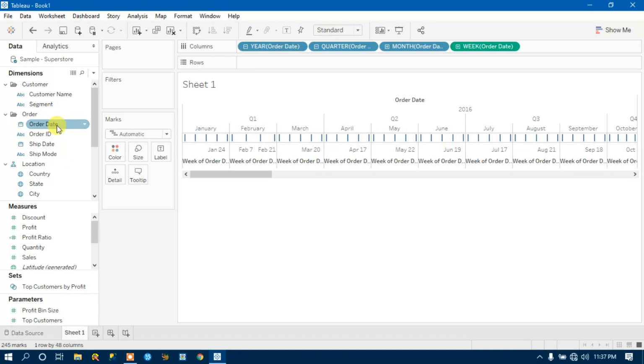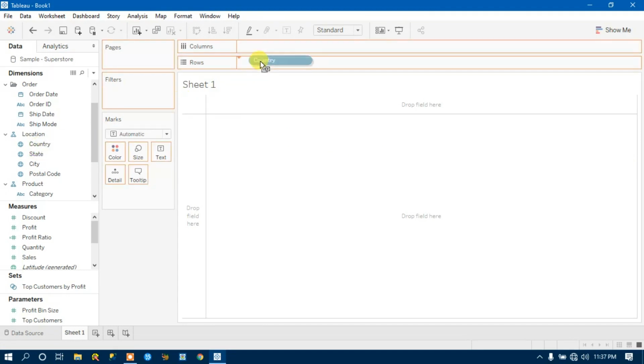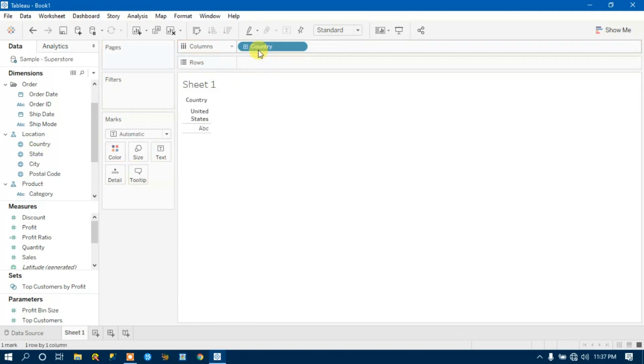So if I give you a little more visualization on how it works. Let's say if I clear it, and I drag country onto the column, it says I have only one country, that is United States, right?